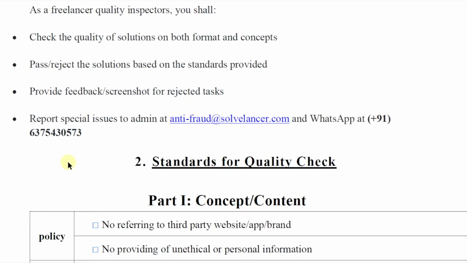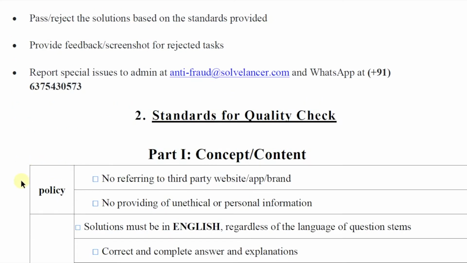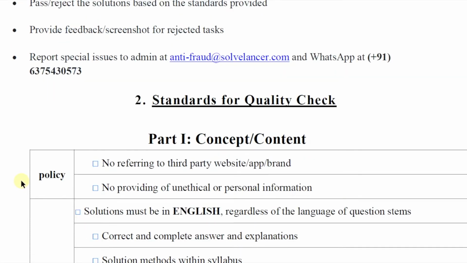Now the second will be the standards for quality check. To understand the standard for quality check, we have divided it into two parts. The first part is concept and content based. The policy which we are following here is no referring to a third party website, app or brand, and no providing of unethical or personal information.